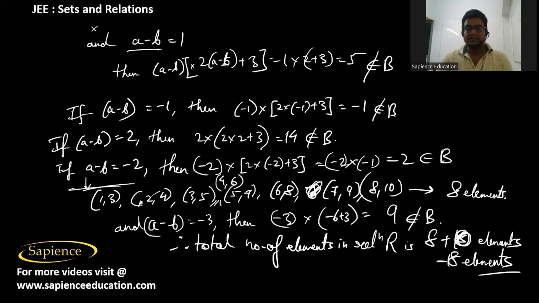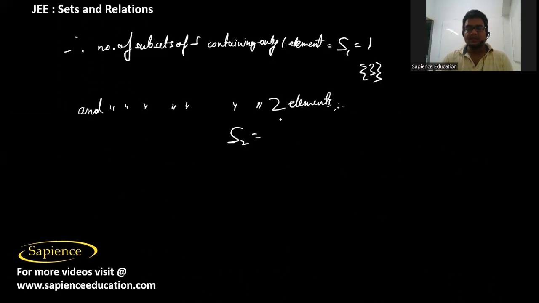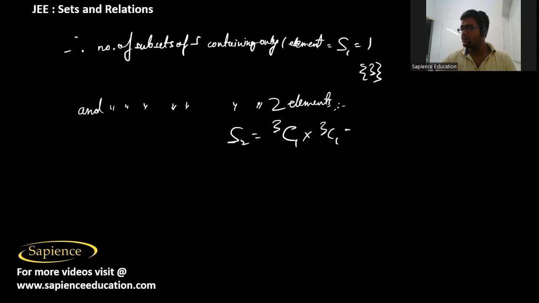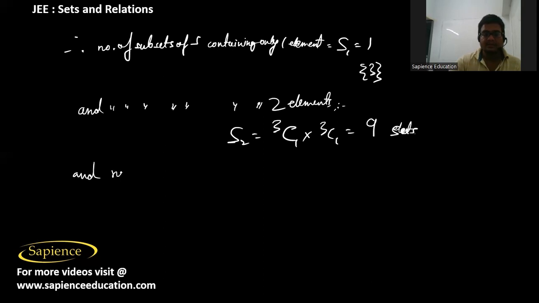So out of these 3 elements, we can choose any one element by 3c1 ways, and from here also we can choose one out of any 3 elements in 3c1 ways. So that will be 3 3s are 9. There are 9 subsets of S which contain only 2 elements,